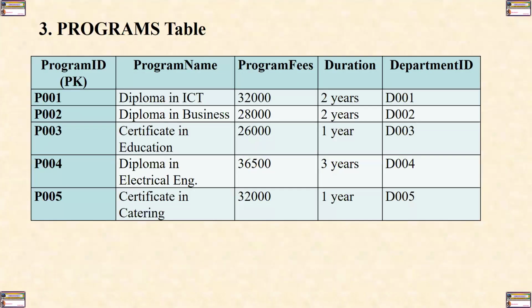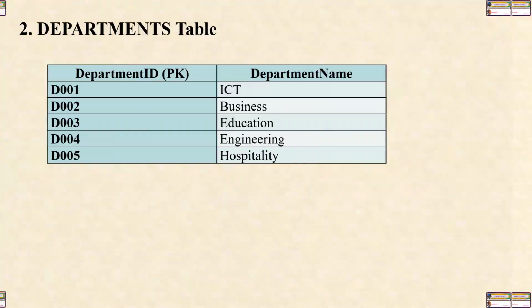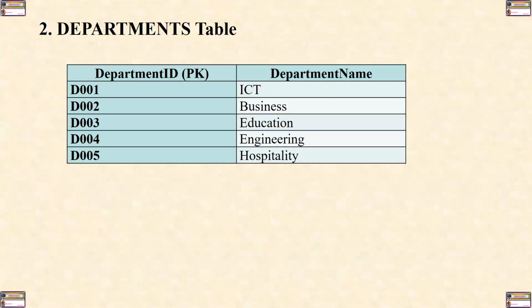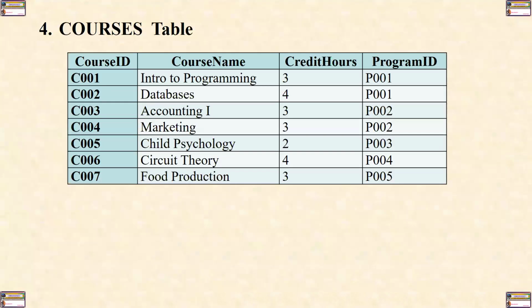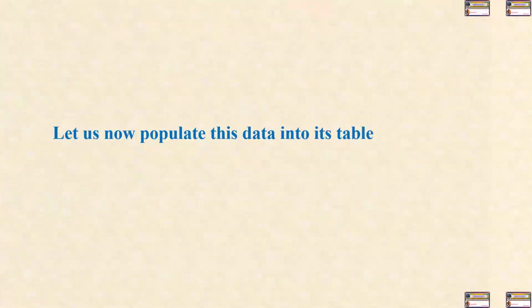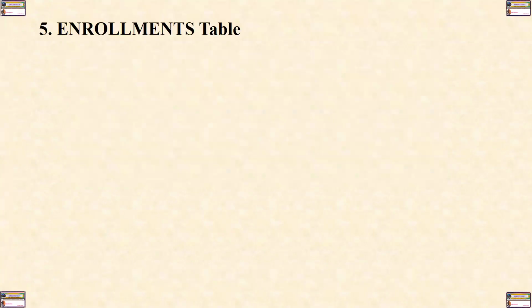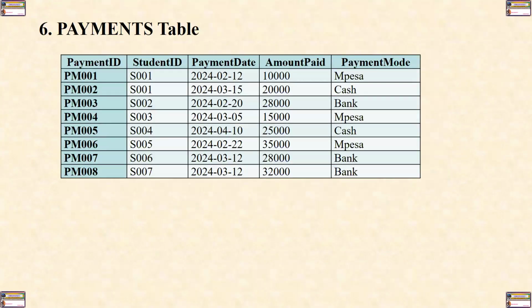So which tables are remaining? Not the departments table, but we have the following tables. We have the courses table, we have the enrollments table, and we have the payments table. That's the data. So what we are supposed to do next,